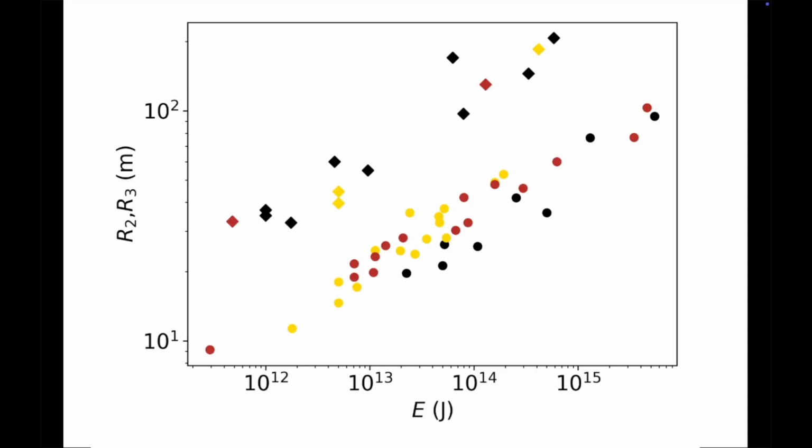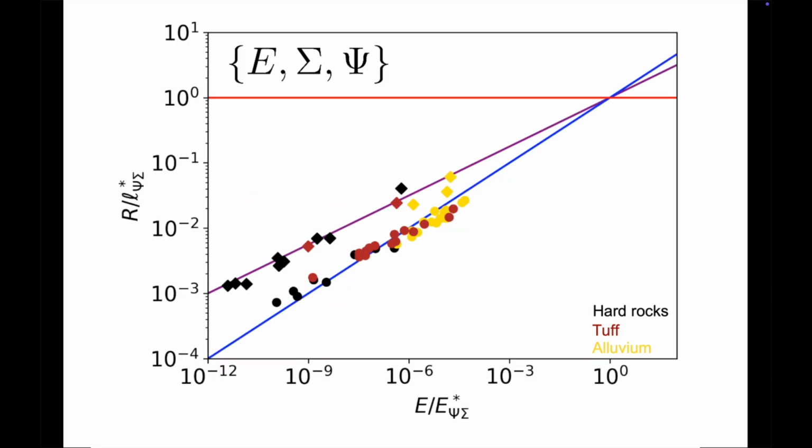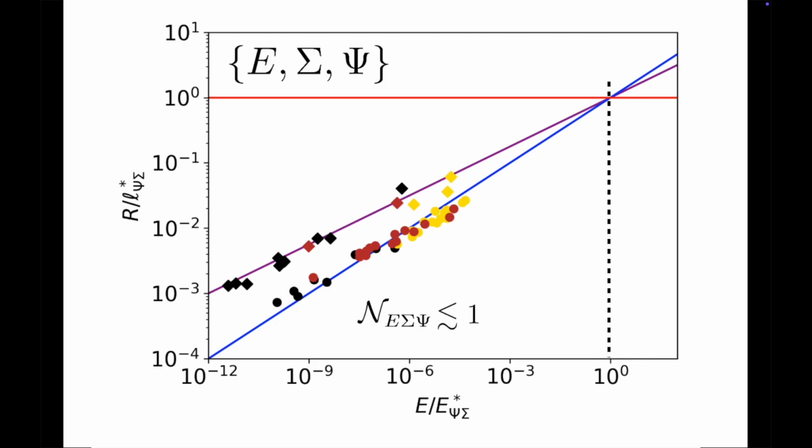We started with this plot, collecting the size of craters and underground cavities formed by various nuclear explosions in different types of soils. This plot uses standard but subjective units. If instead we use the mechanical quantities of the trio we believe to be relevant, then the plot can be given in objective units, where the numerical factors, the deltas, have been taken into account, hence the little asterisks on the units. If these numerical corrections were neglected, the horizontal axis would simply be the index of the trio. For all craters and cavities on this plot, the index is smaller than 1.